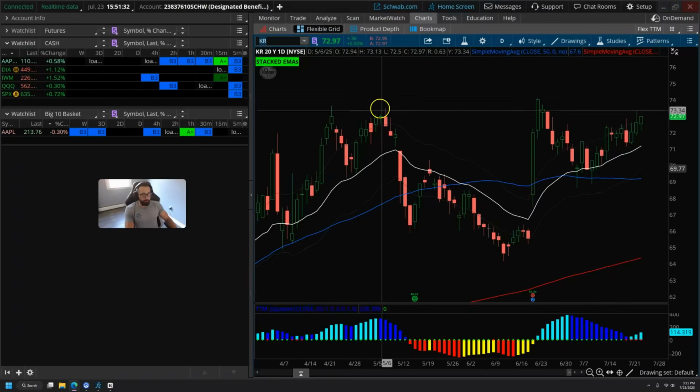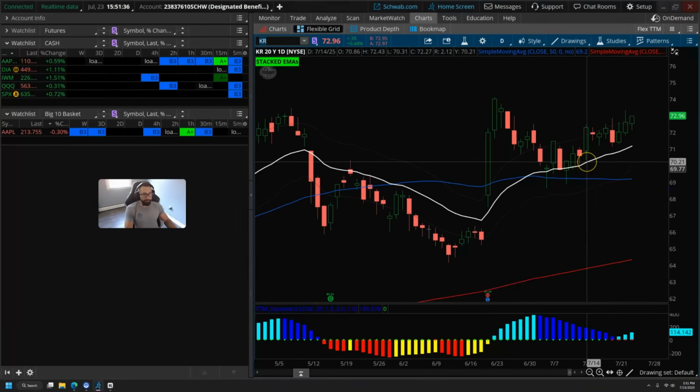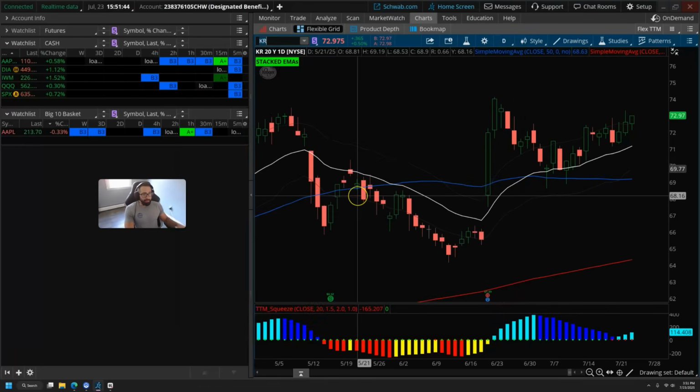But a couple more things here, guys. In terms of good entries, I think you want that 21 period EMA on your chart. Nice and basic, 21 period exponential moving average. The 21 EMA, that's your home base. That's your mean. So if we're looking back at the Microsoft example,